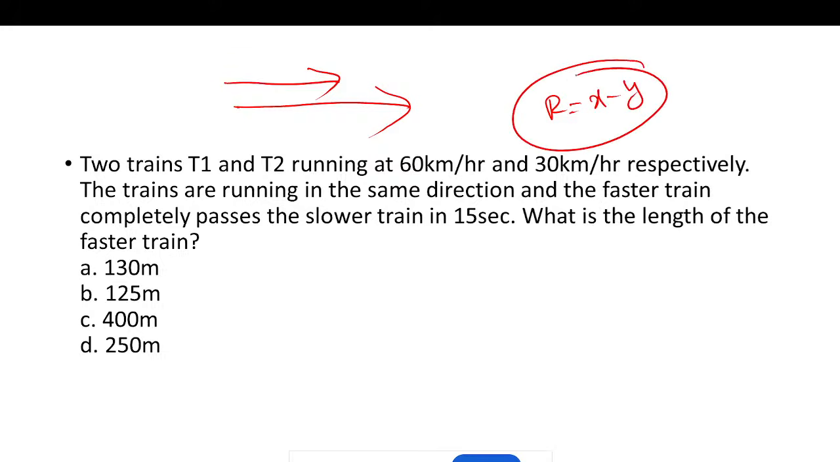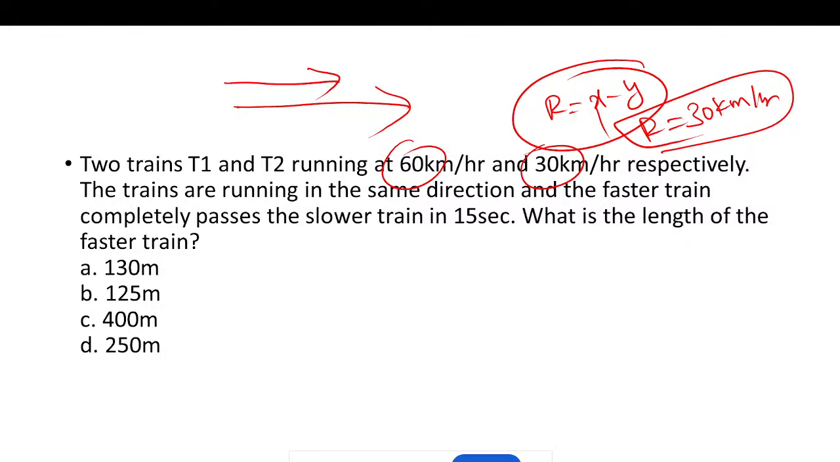X minus y. What is the x value? 60. What is the y value? 30. So what is the relative speed? 30 kilometers per hour. Okay, they are asking you: the two trains are running in the same direction and the faster